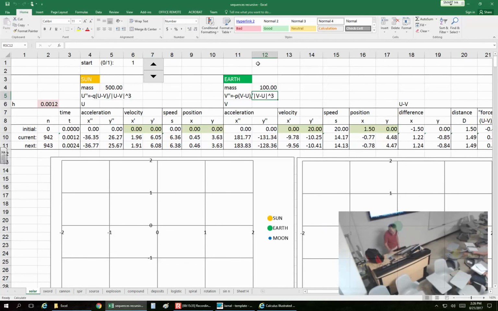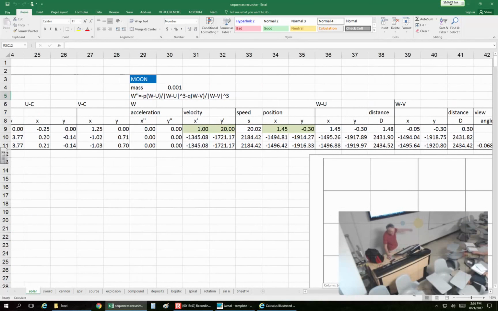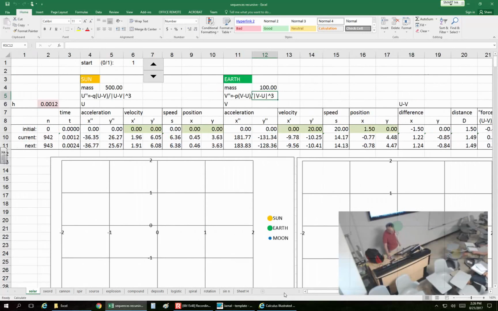I have no idea where the moon is. Where's the moon? They hit, right? Yeah, and it disappeared. Ooh, look at that. This is where it is. The position of the moon is over there. There are some very large numbers over there. So it is gone. It did not fall on the Earth, surprisingly. Okay, so let's